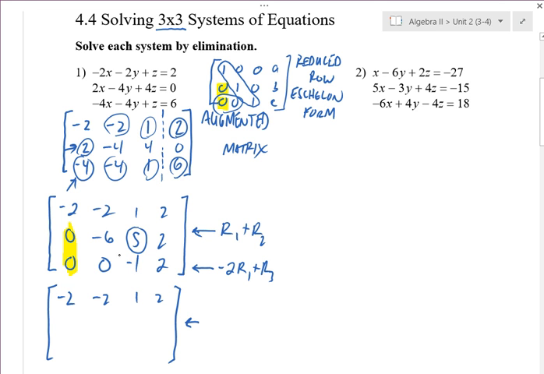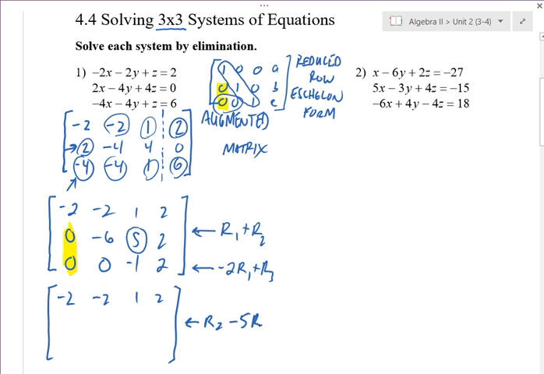Does anyone see how we can use row 3 and row 2 together to get rid of the 5? Allison? Multiply by what? Jack? Yes. Row 2